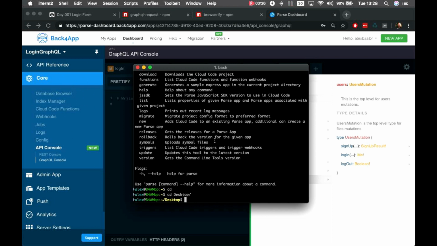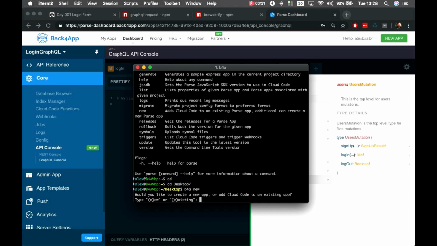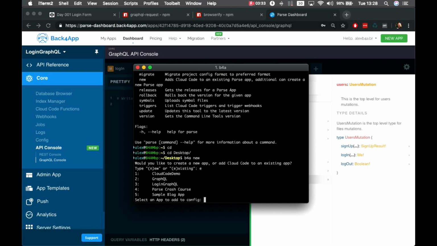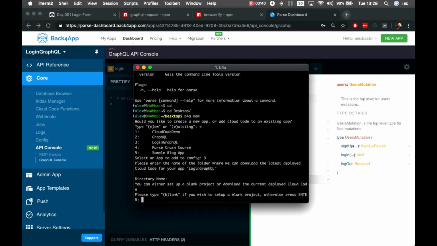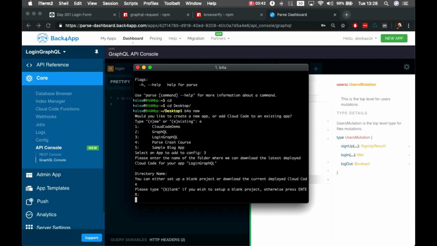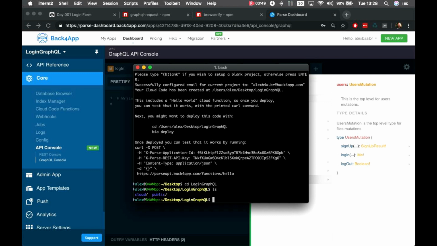So B4A new, and it's an existing project, so I have my login GraphQL here as number 3, and if I just hit enter and enter again, it will create a folder called login GraphQL with a cloud and public folders. We're going to store our code inside the cloud folder, and it's also inside the public folder for the web